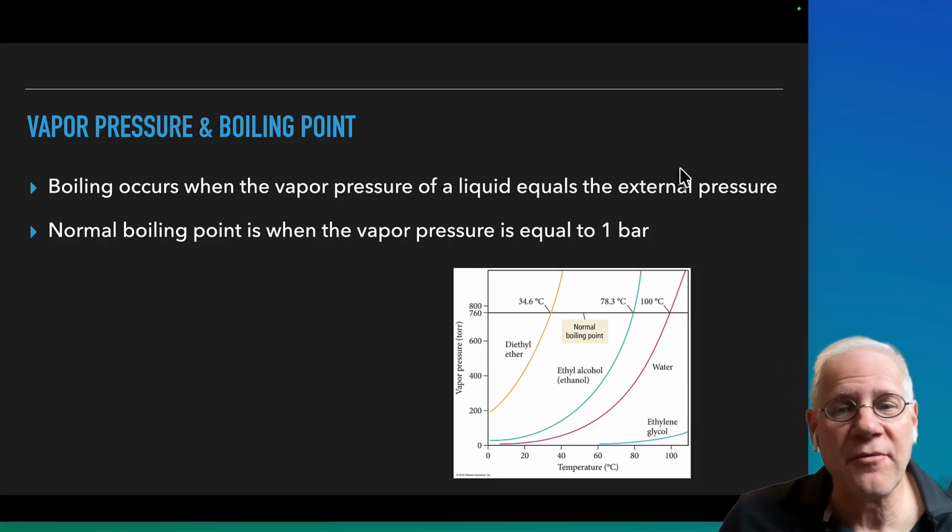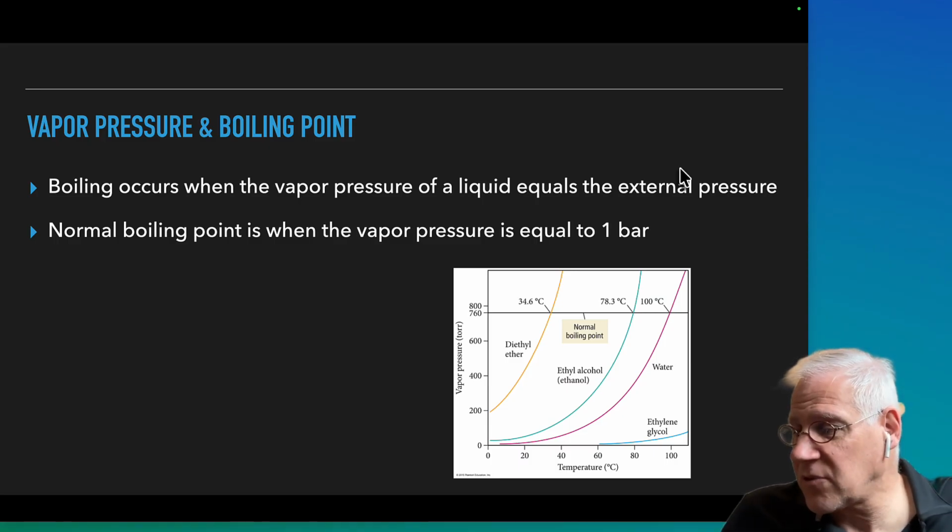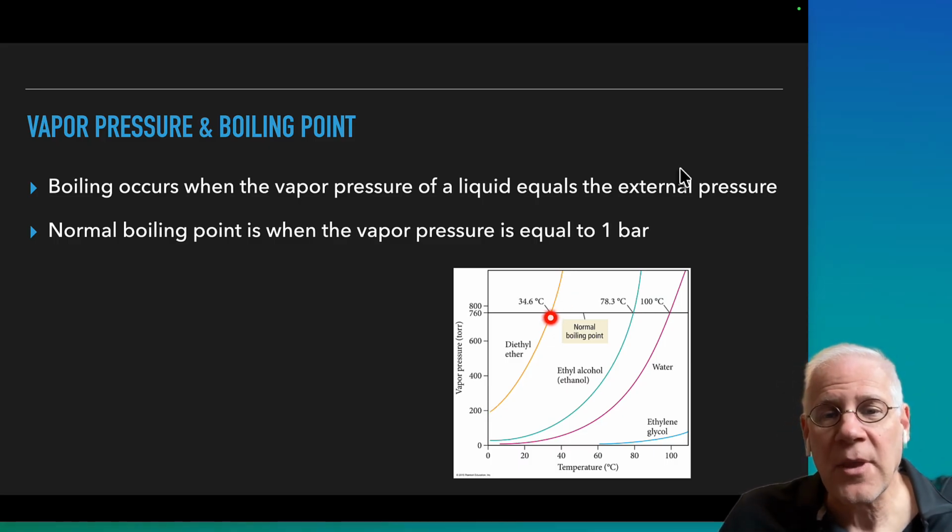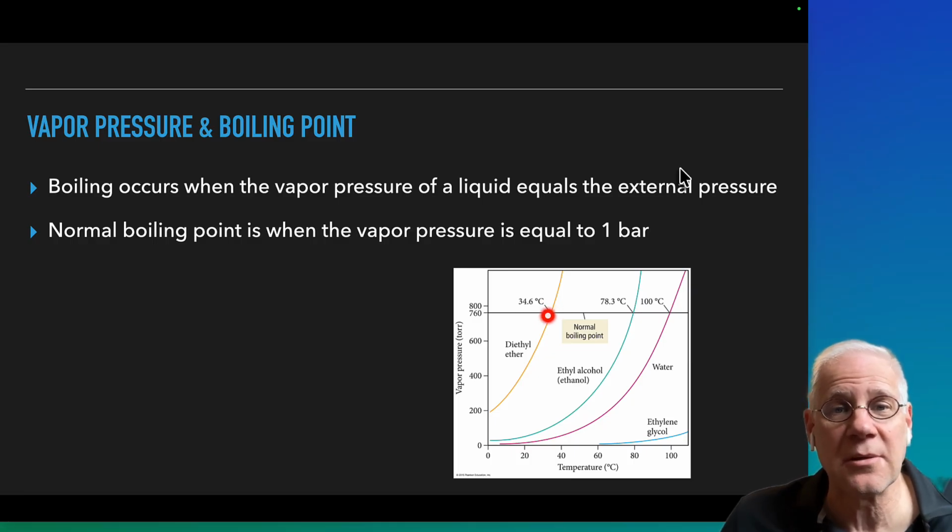And we see here we have a few various liquids. Diethyl ether has a boiling point of 34.6. Here we're tracking the vapor pressure as we go up. This graph is actually 1 atmosphere of pressure, and so diethyl ether reaches 1 atmosphere of vapor pressure at 34.6 Celsius, just a little bit above room temperature. This is below body temperature, so if you hold diethyl ether in your hand, it evaporates